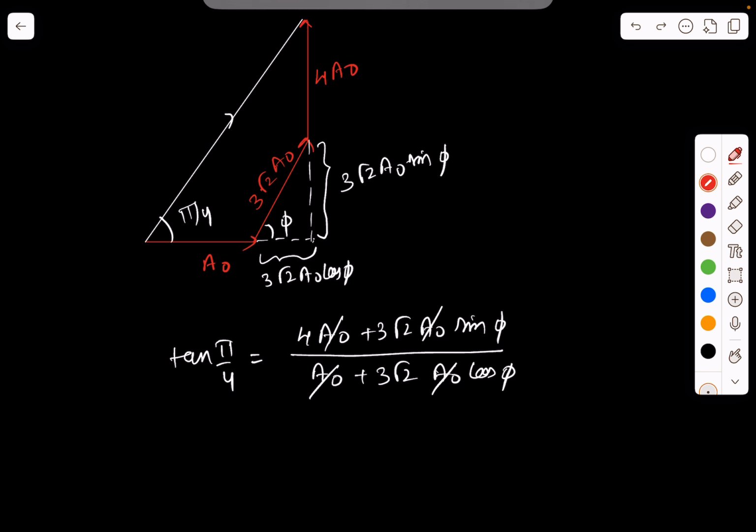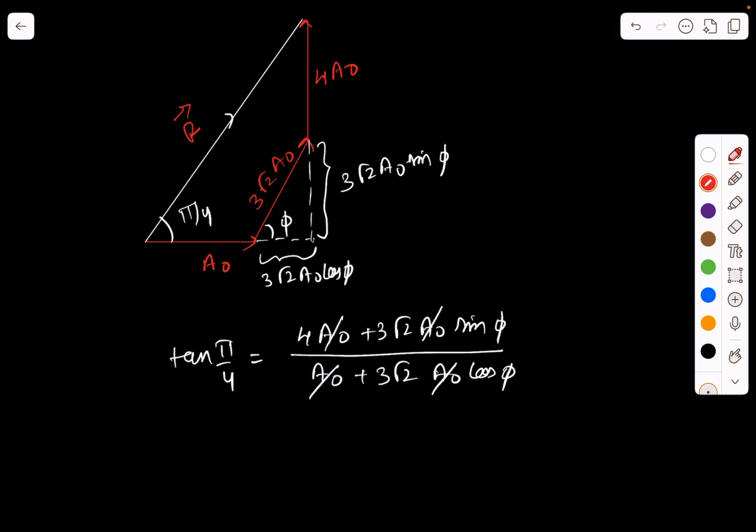So this represents the third vector. So we have completed a right angle triangle in which the base is the sum of a naught and 3 root 2 times a naught cos phi, and the perpendicular is 4 a naught plus 3 root 2 times a naught sin phi. So in the right angle triangle, if we write tan pi by 4, which will be 4 a naught plus 3 root 2 a naught sin phi divided by a naught plus 3 root 2 times a naught cos phi,